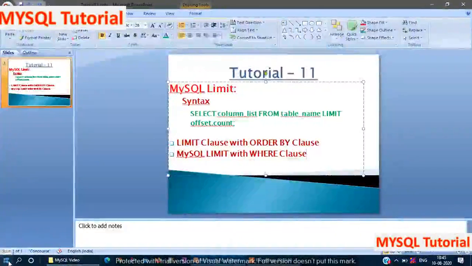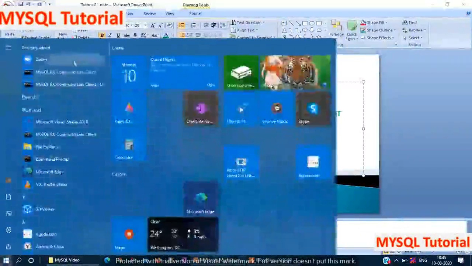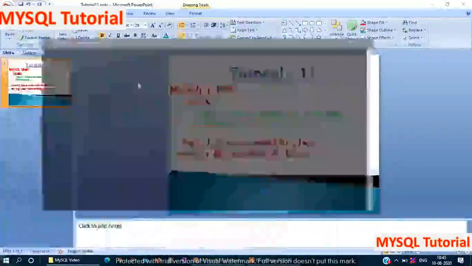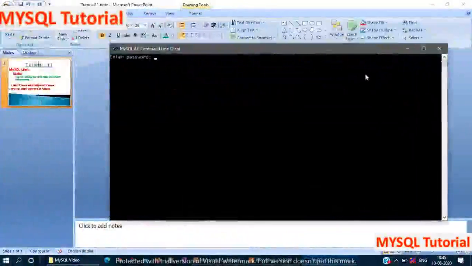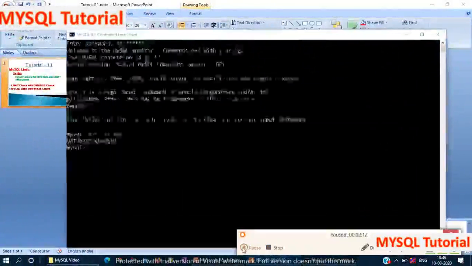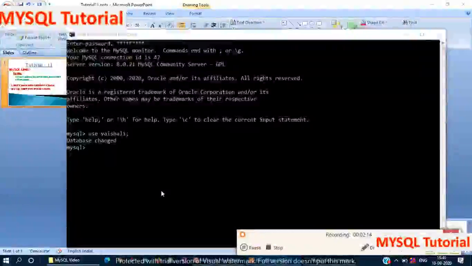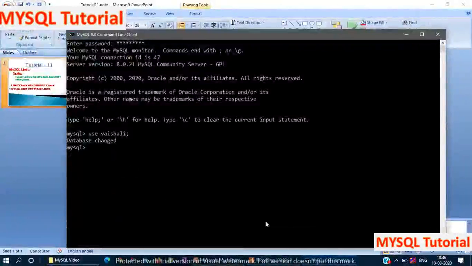Click your Windows Start button, then search for MySQL command line client. Enter your database. Here I am using the Vaishali database. You can use any table from the database list. Here I use the employee table which I have already created.